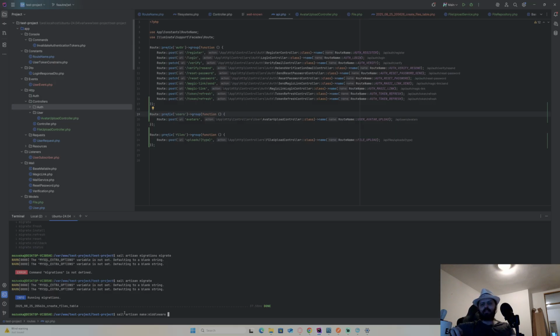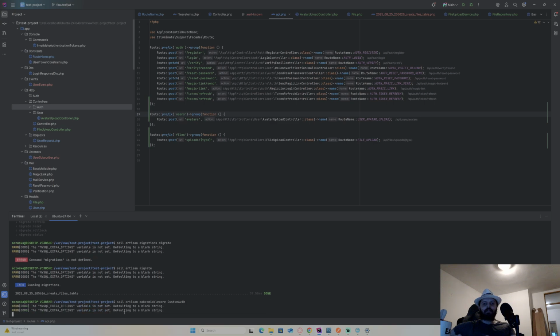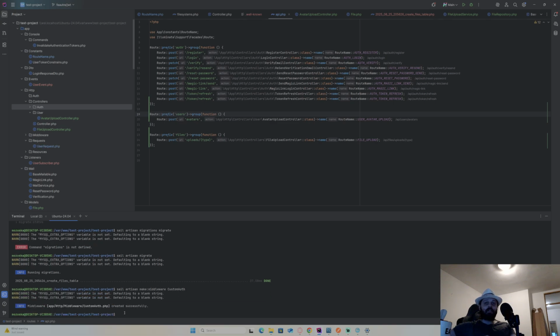How do I call this one? Laravel's native one is called auth, so I'm going to call this custom auth. Yeah, call it like this.